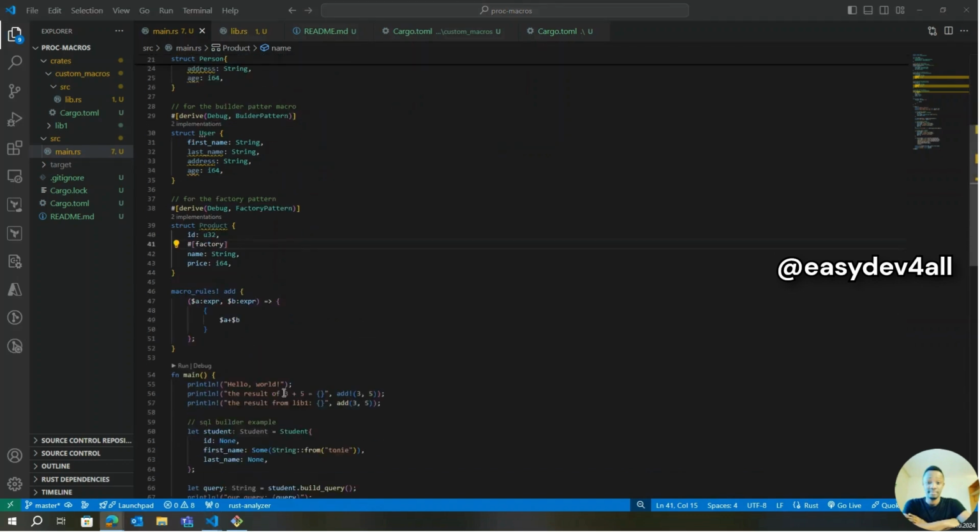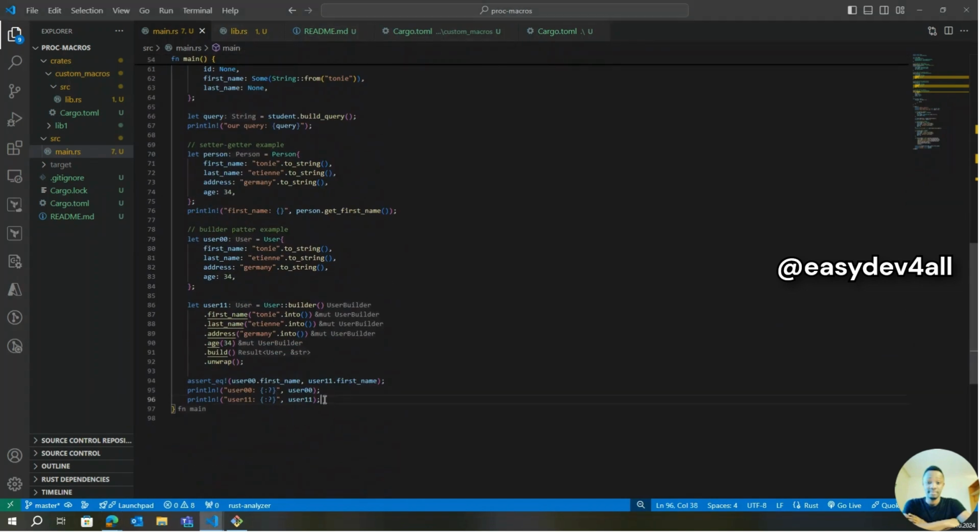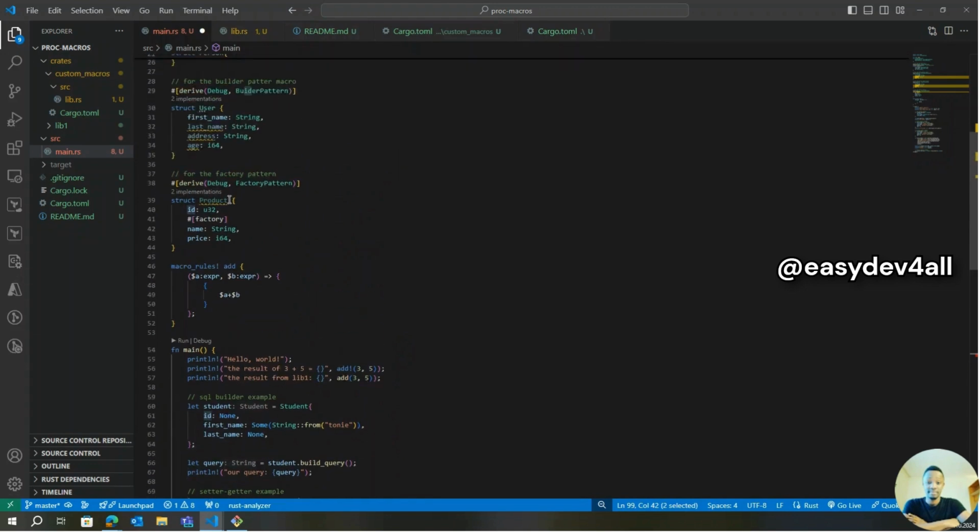So the interesting thing now is I can come down in here. So down here, I'm going to say factory pattern example. And here I can say let product. So I should be able to do something like this now. Product, and should be able to now say dots. And now I can say new product. And it's really dependent on what I call this struct. So to also show you, I can come in here and say